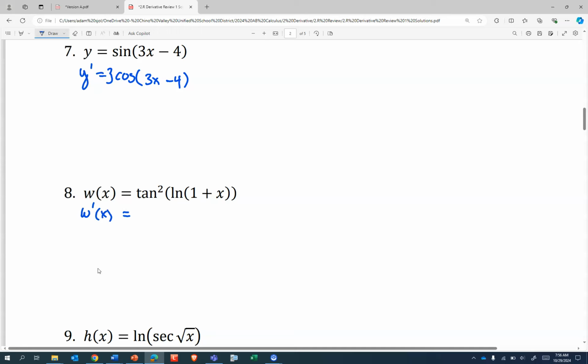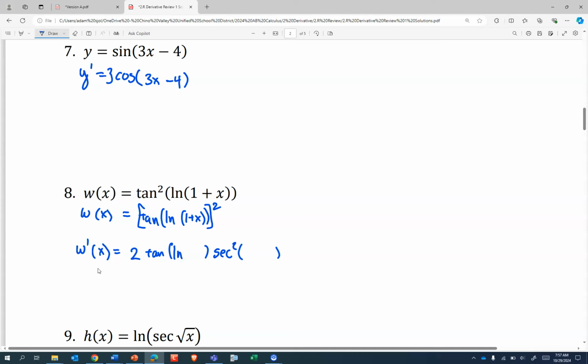Okay, so what's the structure here? Well, maybe we want to rewrite that a little bit to make sure. So definitely the innermost thing is 1 plus x. That's inside a natural log. That natural log is inside of a tangent, and that whole thing is being squared. So we're dealing with that exponent 2 first. Okay, so 2 times our tangent to the first power, and tangent has a derivative of secant squared stuff,